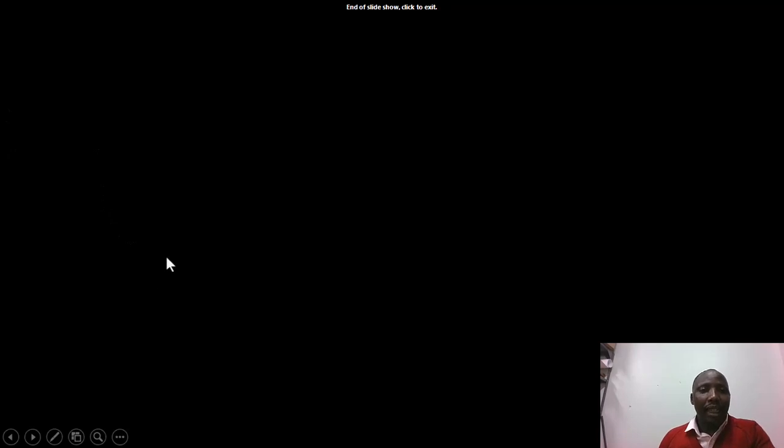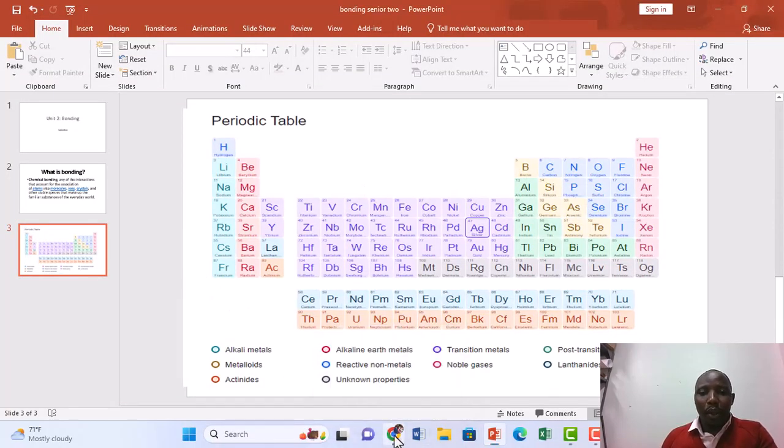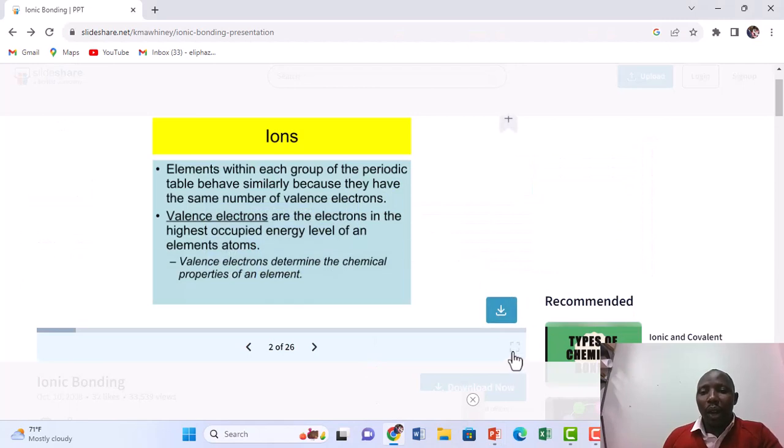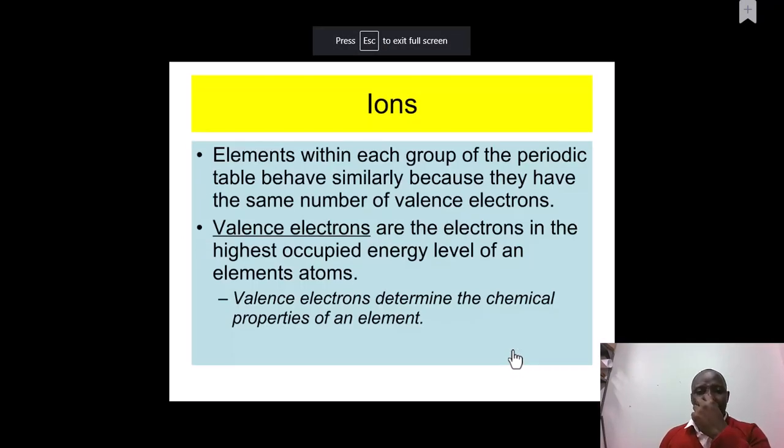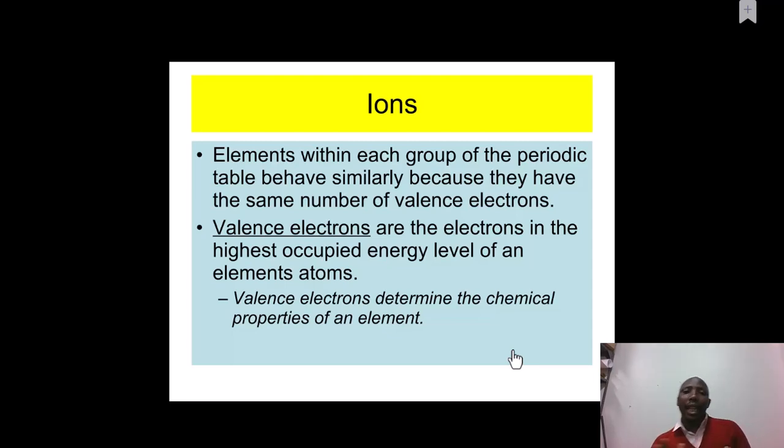Then, to that extent, I want to explain to you that when we talk about bonding, we are going to see what we call ions first of all. What is an ion? An ion is an atom or group of atoms which have been connected together. Remember, those atoms or groups of atoms are not stable. That's why they are called ions. This means they depend on the number of electrons on their outermost shell. Those numbers of electrons make an atom not to be stable because they have either lost or gained electrons.